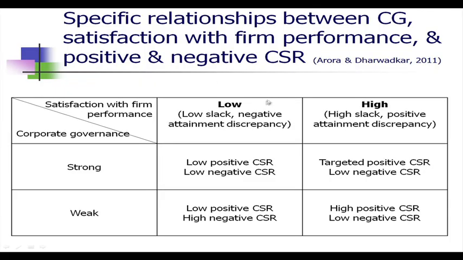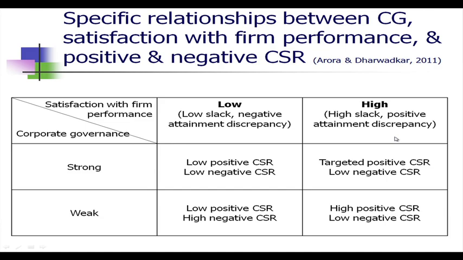Okay, now according to this paper, what happens here is that if the satisfaction with firm performance is low, which means low slack, negative attainment discrepancy, but the corporate governance is strong, that will result in low positive CSR and low negative CSR. Then if the satisfaction with firm performance is high, which means high slack, high cushion of resources,